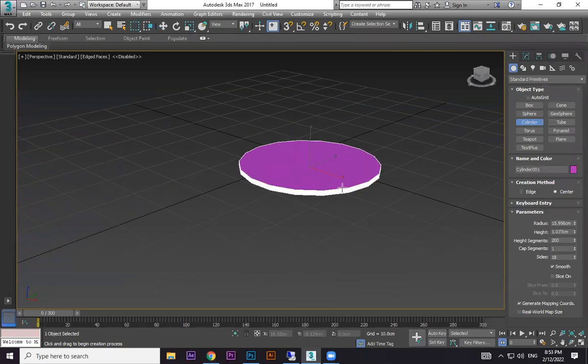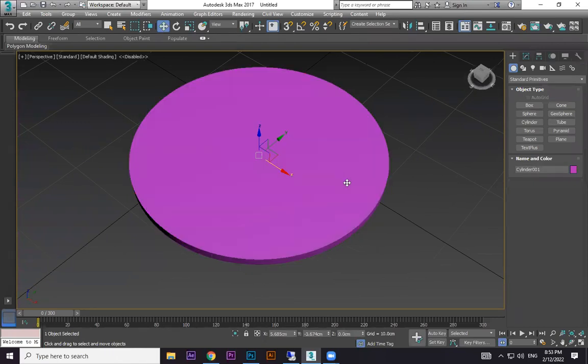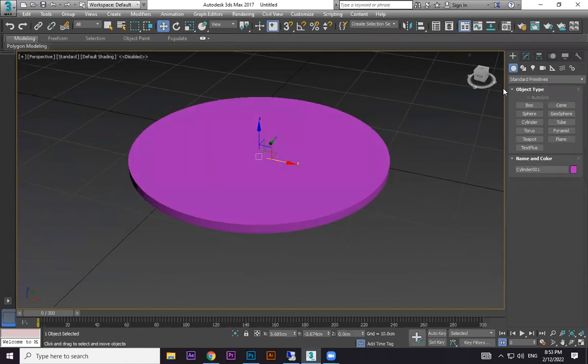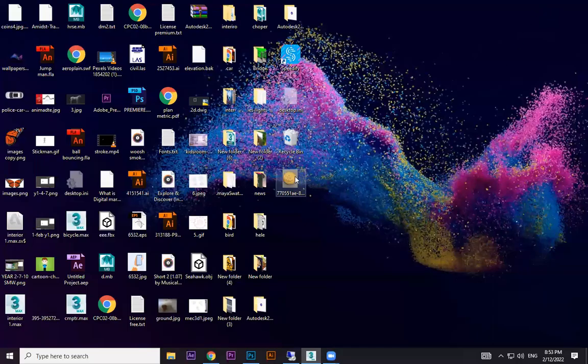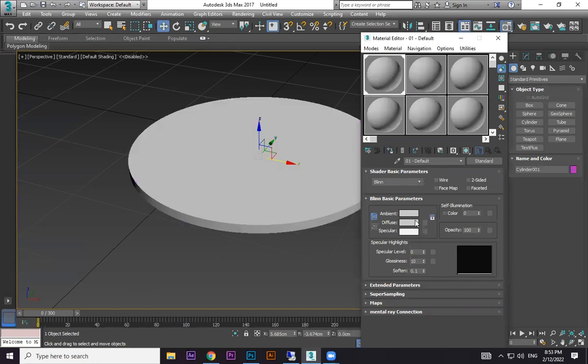Make it a cylinder with no divisions on segments and all. Here you can set it to 200, and cap segments you add, okay? 200 is fine. Actually you need more than that, but we cannot do that, we will use smoothing. Now what we are doing, first of all, what kind of color do we have? It's a golden color, right? So let me make a material,